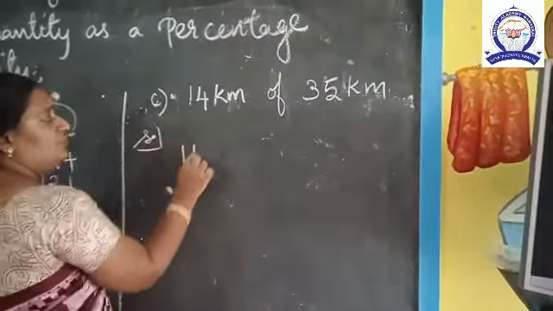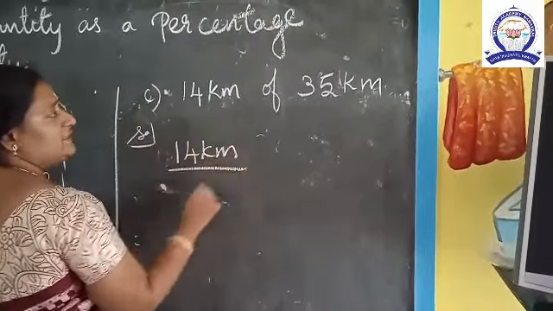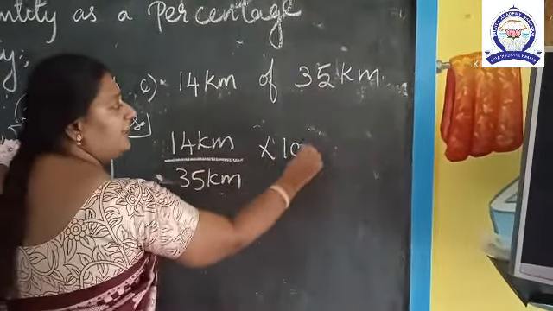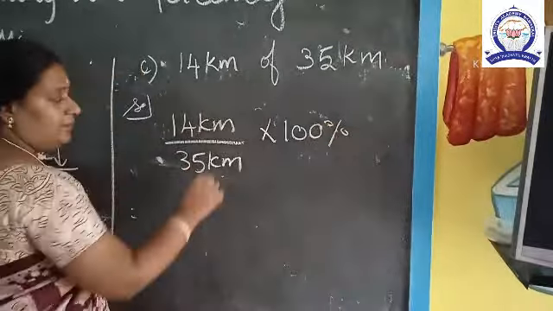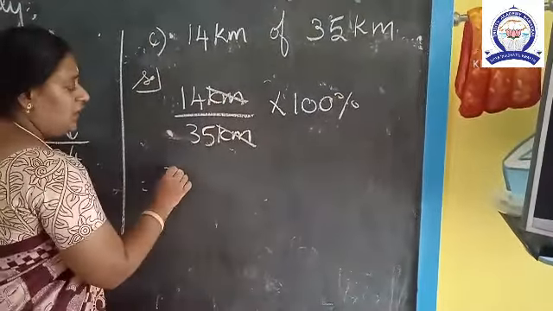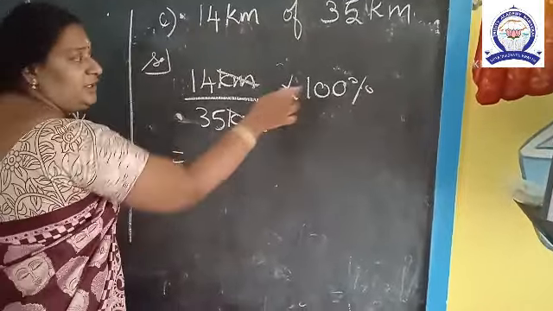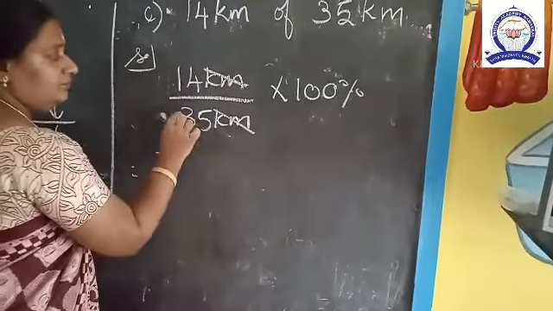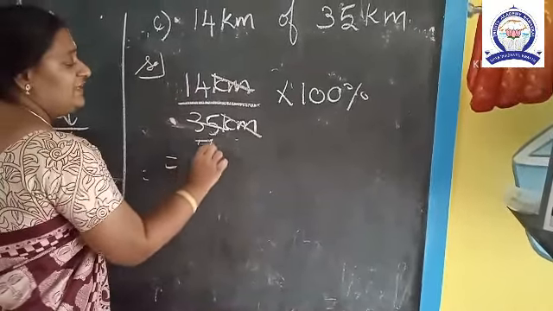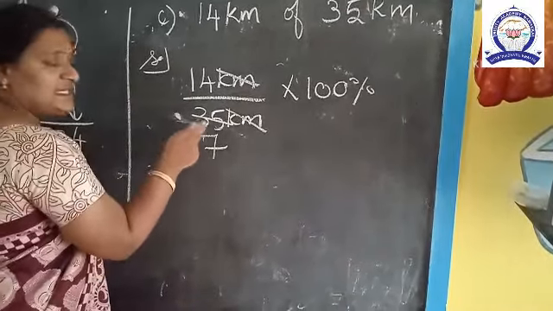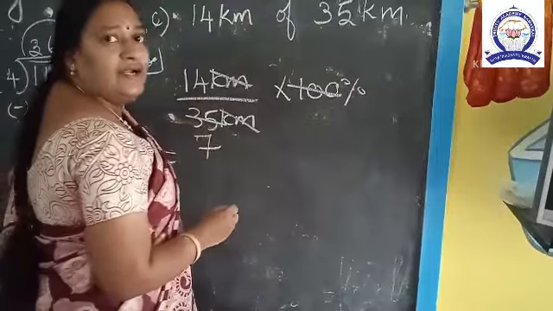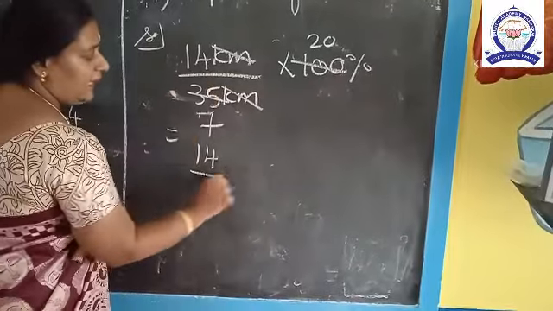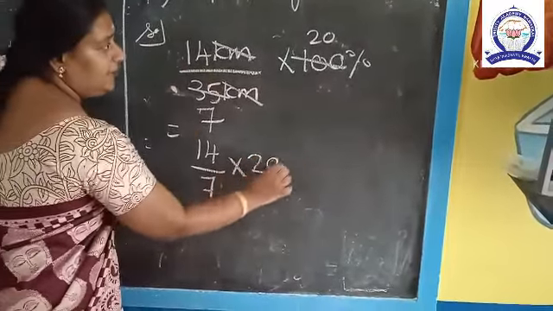So solution. So 14 kilometer of means out of 35 kilometer. So what percentage means into 100 percentage. First step என்ன பண்ணுவோம் இங்க கிலோமீட்டர் இந்த கிலோமீட்டர் கட் ஆயிடும். So now இங்க using multiplication tables we are going to cut பண்ண போறோம். So இங்க 35 100 5 டேபிள்ல கட் பண்ணலாம். 5 sevens are 35. 5 20s are 100. So 14 by 7 into 20 percentage.